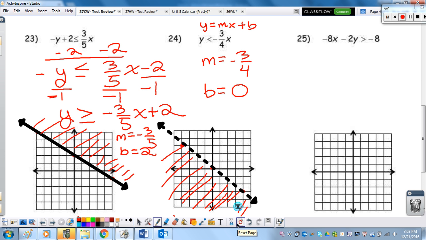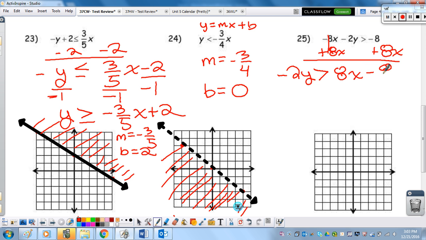Okay, number 25 says, we got to get my y by itself. So you're going to add 8x on both sides because it was a negative. You got to do the opposite. That cancels. Negative 2y is greater than 8x minus 8. So you're going to divide by negative 2 to every single thing. And bells, whistles, sirens should go off because you divided by a negative to every single thing. So that means you switch the inequality. And then this is my new